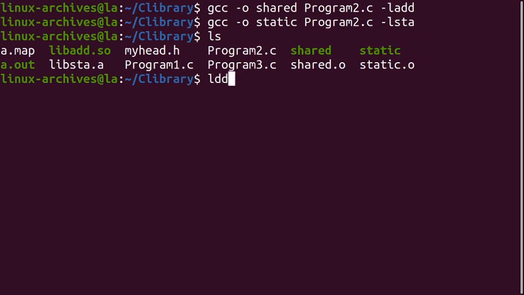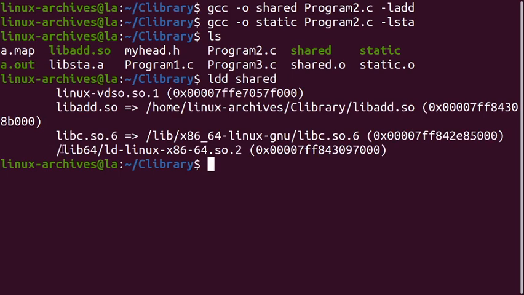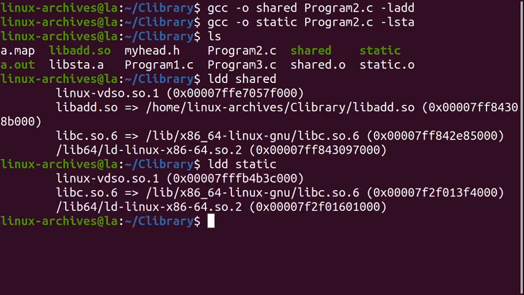The ldd command is used to see all the shared object libraries linked to an executable file. We would test it by using the first executable file. Over here you can see our library name, which has been linked to this executable file. But if we execute this same command for the static executable file, you won't see such a name. This proves that our library has been linked.